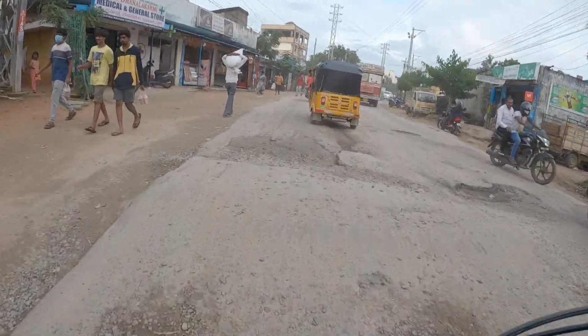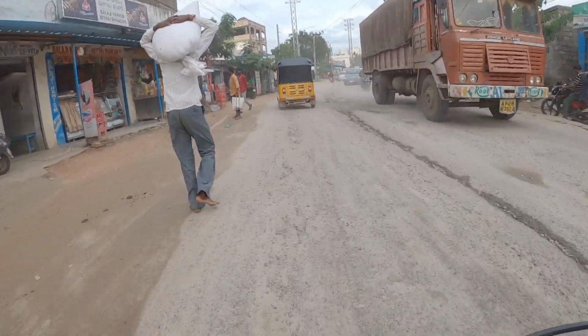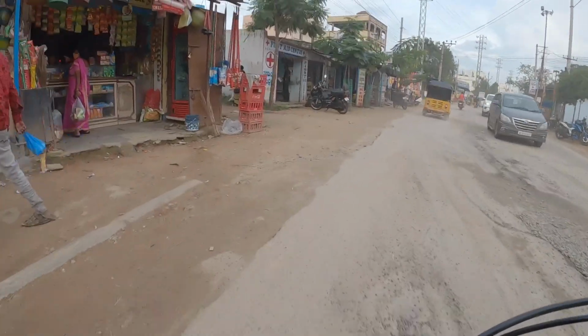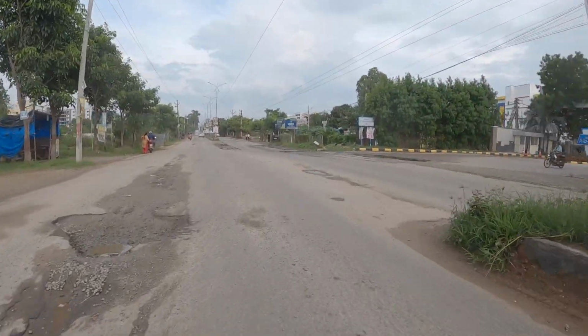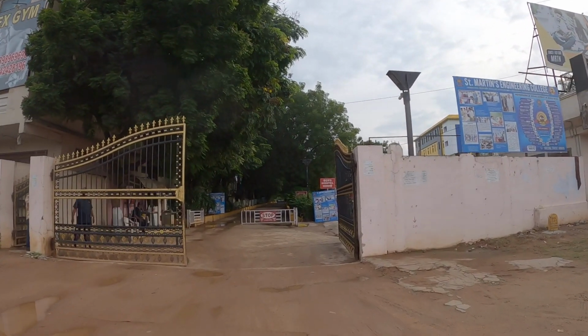So as you take the left here, for about 2-3 kilometers, the road is slightly bad. There will be broken patches, and after that there is a short urban forest stretch where the road is good. And again you will come to Dhoolapally village, where the road will be slightly broken. So for this last 4-5 kilometers, just negotiate it cautiously, take it slow, because you are anyway reaching the end point. Unless you are too late and you want to rush, just negotiate it safely and reach your end point